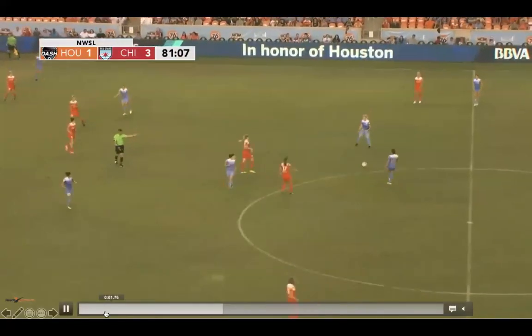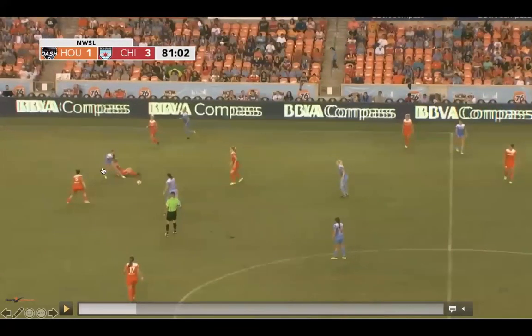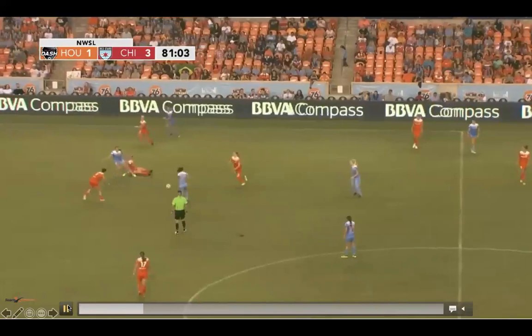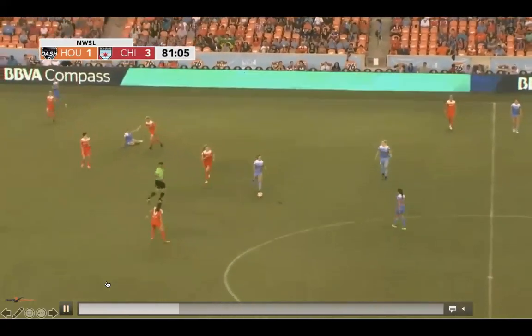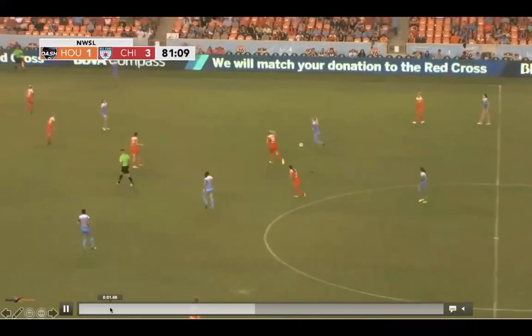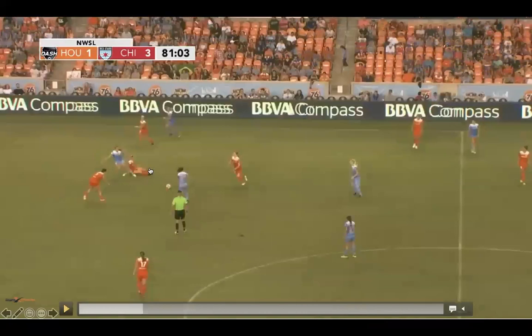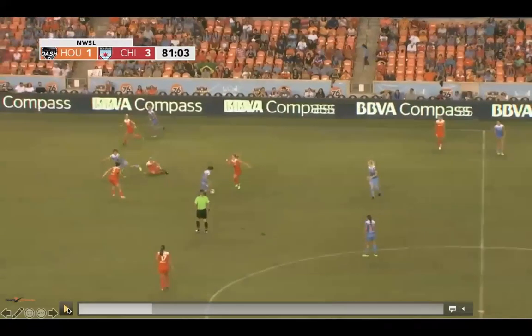So this is a subtle one. You have to see what happened here with the foul. This player tries to do a give and go. Watch what happens to her. Stay up here. Watch. Keep your eyes up here. Player does a give and go. She's in behind. This player on the ground realizes it, reaches out, grabs her foot, and trips her.